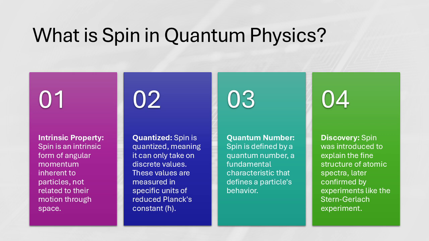Okay, I think I'm starting to get it, but if an electron isn't spinning, what does it even mean to say it has spin? Well, think of it like this. It's a way to describe the angular momentum that's inherent to the particle. Like we said, we usually associate angular momentum with things spinning, but in this case, there's no actual rotation. And the fascinating part is that this momentum is quantized. Quantized, meaning it can only take on very specific, discrete values, not just any random value, so like steps on a staircase. You can only be on one step at a time. Yeah, exactly. And those steps are the specific quantized values of spin. It's not a continuous spectrum, but distinct states.